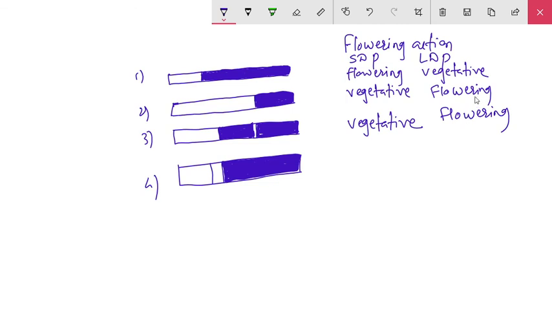Okay, and the fourth condition, where there is a short day and a long night condition, but this night is disturbed early in the dark period. म्हणजे डार्क पिरियड सुरू व्हायच्या आधीच्या काळात आर्टिफिशियल लाईट प्रोव्हाइड करून त्या ठिकाणी हा नाईट पिरियड हा रेड्यूस केलेला आहे किंवा शॉर्ट केलेला आहे, डिस्टर्ब केलेला आहे. ओके, तिथे सुद्धा काय होईल, short day plants they remain vegetative, and the long day plants show the flowering. Okay,